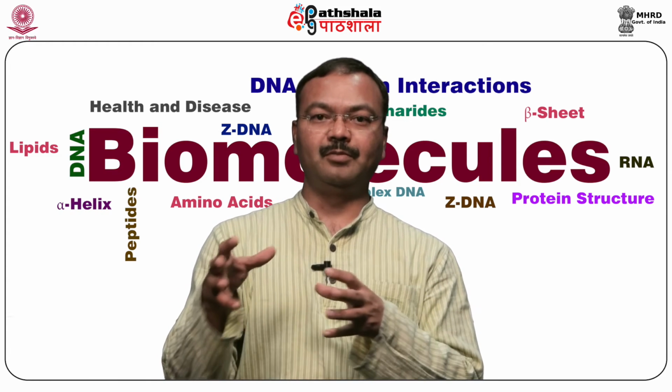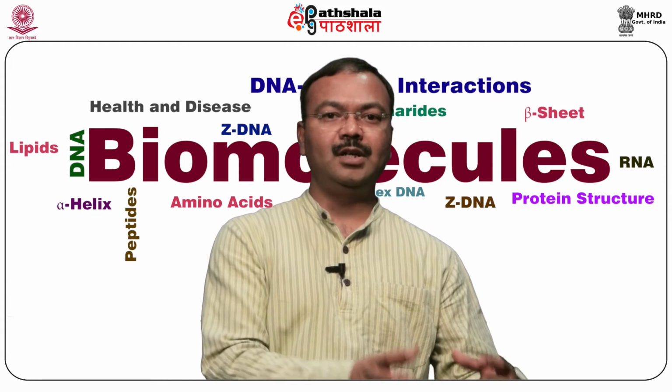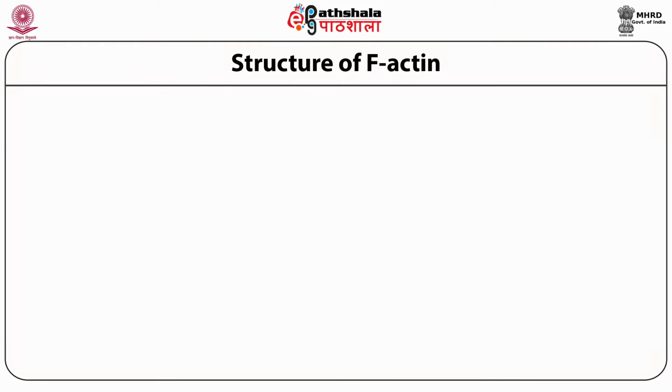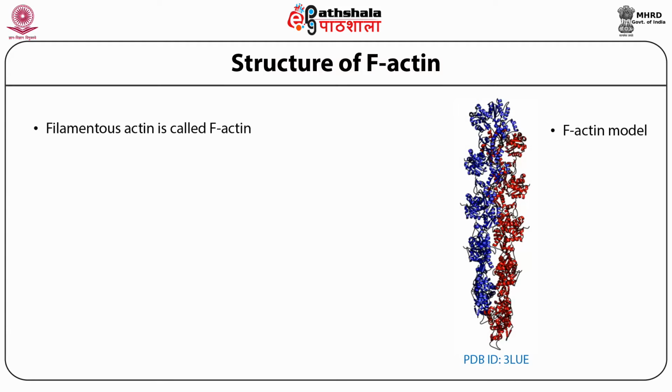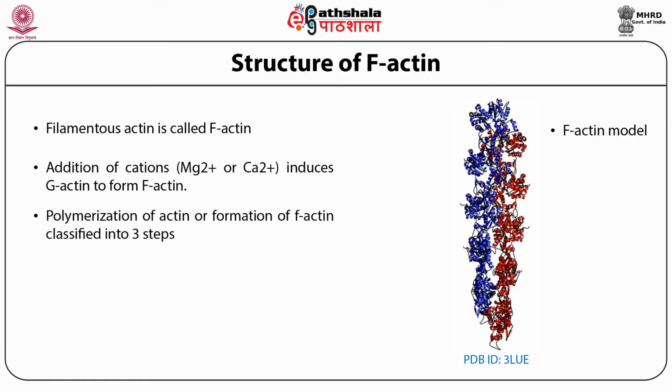This large loop of subdomain 2 changes its structure when converted from G-actin to F-actin. The structure of F-actin model is shown here. The filamentous actin, which we call F-actin: addition of cations, magnesium or calcium, induces G-actin to form F-actin much rapidly. The polymerization of actin, or formation of F-actin, is classified into 3 steps as we discussed before: the nucleation, elongation,